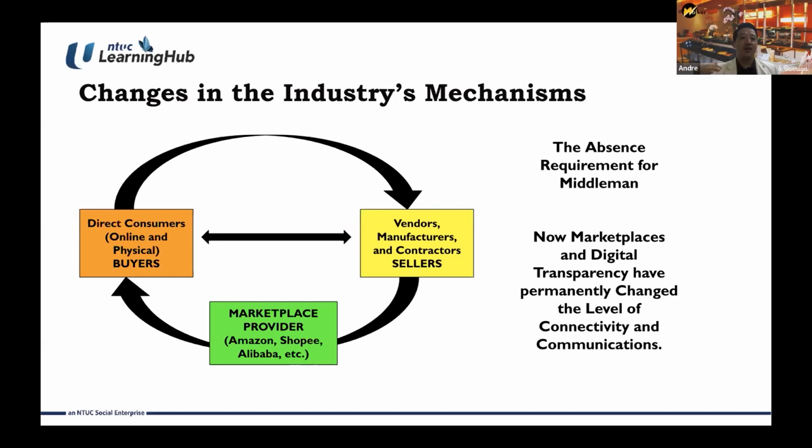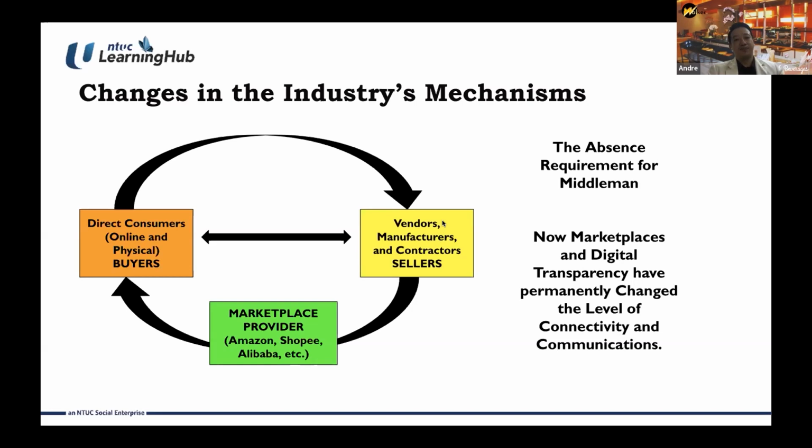It is not restricted by a high cost barrier. Starting an online business today is very, very affordable, and it really depends on your product, how you market it, and how you create your campaigns using social media marketing, SEO, and digital marketing to reach your customers. So in the current industry, there's no more requirement of a middleman, right? And transparency is the new